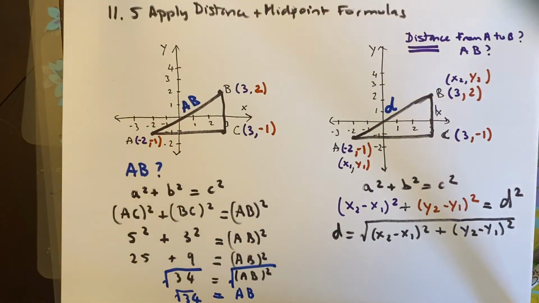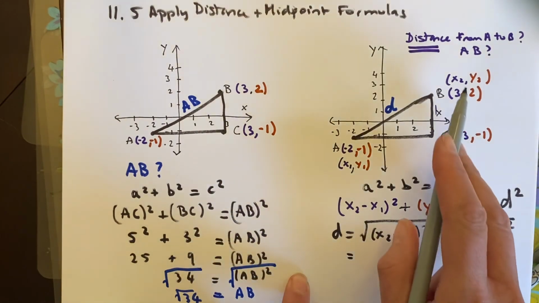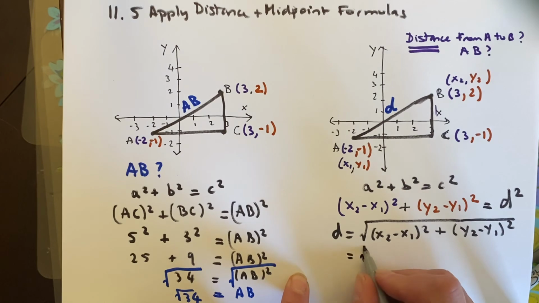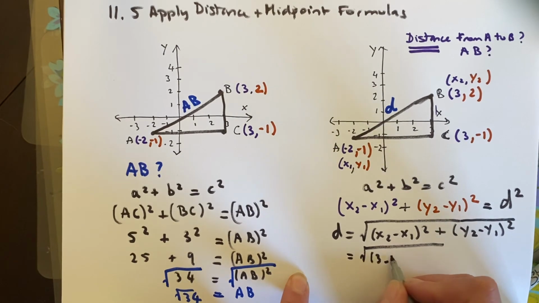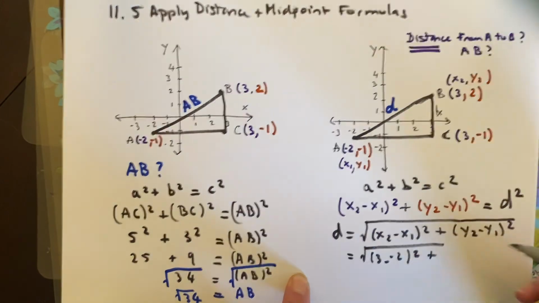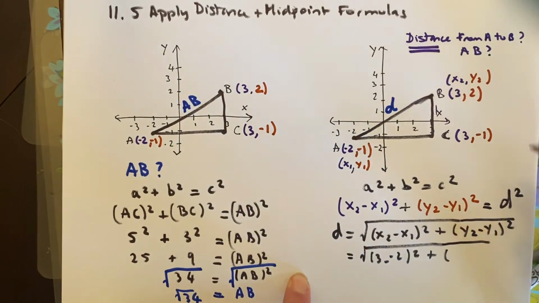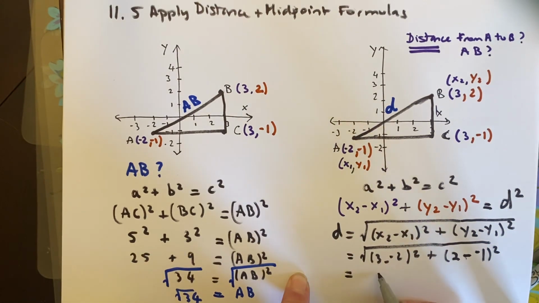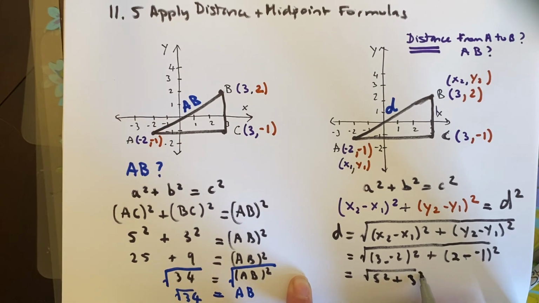Well, if I plug in those values, I'm going to end up with D equals x2 minus x1 is 3 minus -2. So the square root of 3 minus -2 squared plus, and then on the y side, I get 2 minus -1 squared, 3 minus -2 is 5 squared, plus 2 plus 1 is 3 squared, and you can see